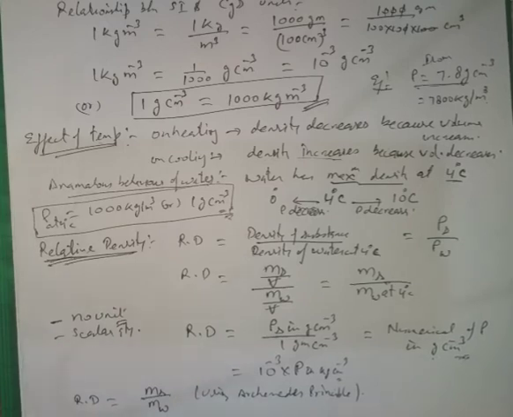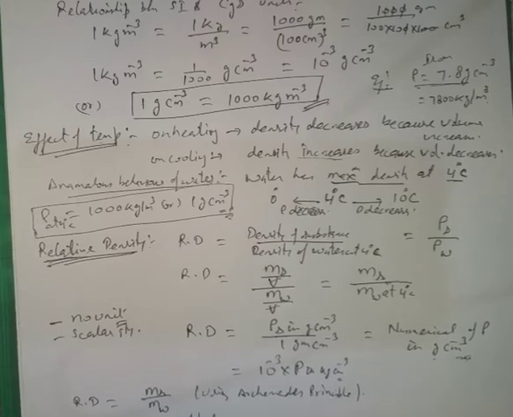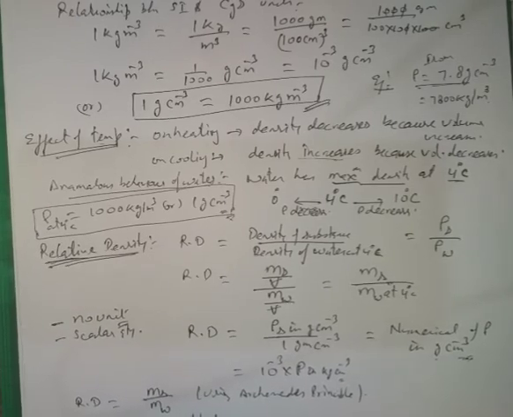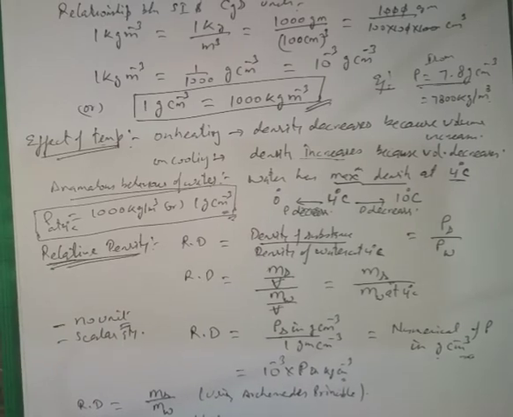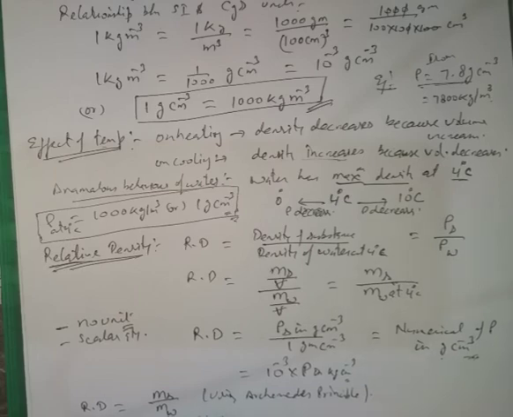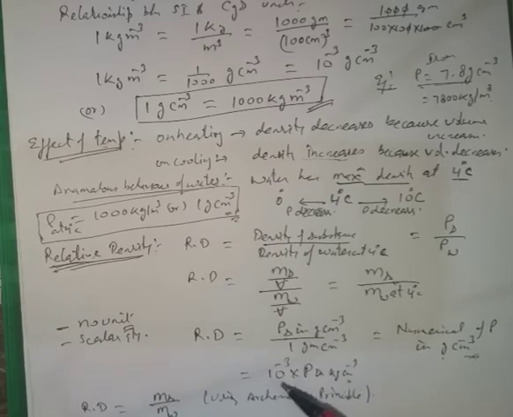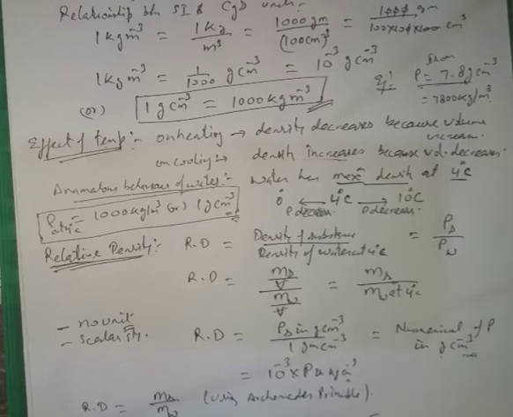So I can write it as the mass of the body over the mass of water displaced by the body. If I submerge a solid body in water, then an equal amount of water will be displaced if it is completely immersed. On multiplying both by g, the mass times g becomes equal to weight.